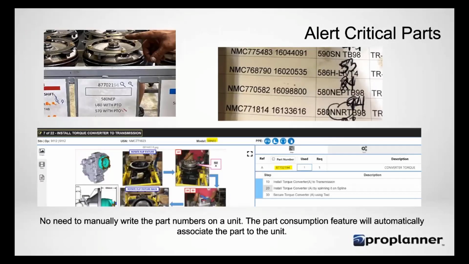the line. Critical parts, right? So we have consumption shown to the operator right as they're performing work. No need for you to write down the critical part, right? We can highlight the critical part of the work instruction, through images, through text, and we can confirm that once you complete that activity or that work step that you have indeed consumed that critical part, right? So all of that paperwork with them writing things down, taking all that away and just having the shop floor viewer drive critical part conversion.